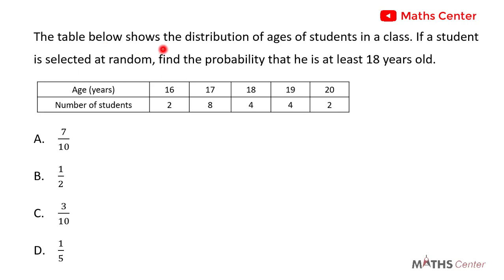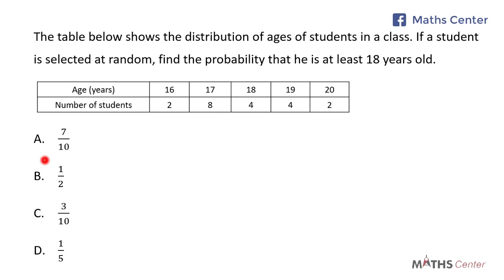The table below shows the distribution of ages of students in a class. If a student is selected at random, find the probability that he is at least 18 years old. So in the table, we have the ages and the number of students. This is a multiple choice question, and so we will solve the question, and then after that we will pick